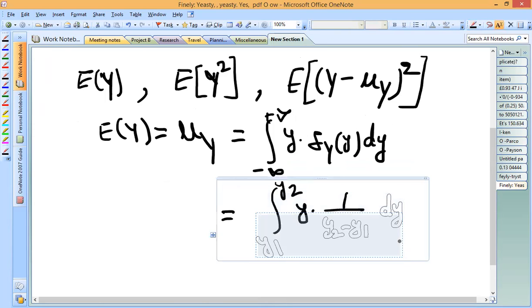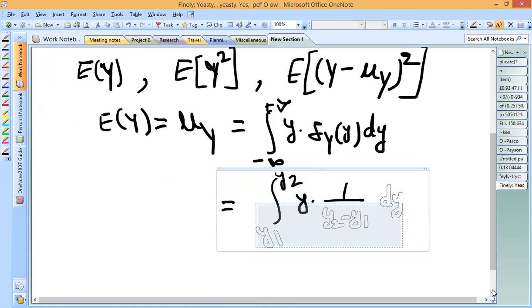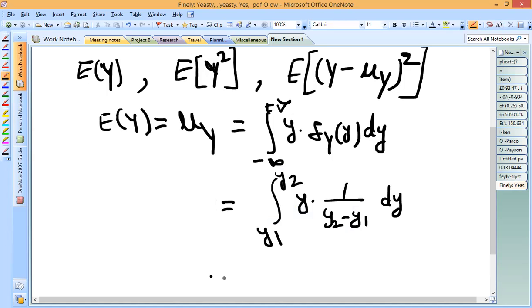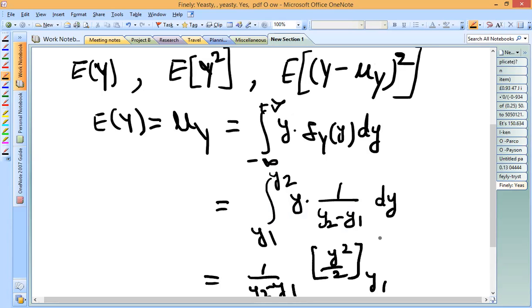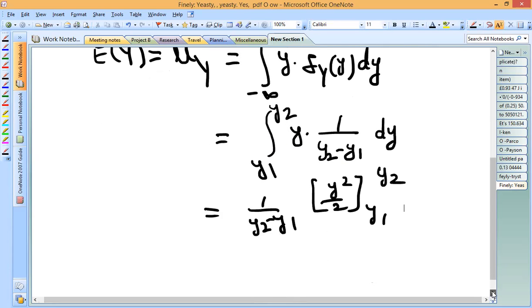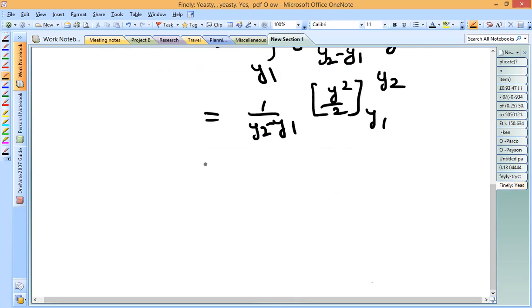Now in the next step, 1 by y2 minus y1 can be taken outside, and the integral of y is y square by 2 with the integral range y1 to y2. Now if you substitute the lower and upper limits, we get 1 by y2 minus y1